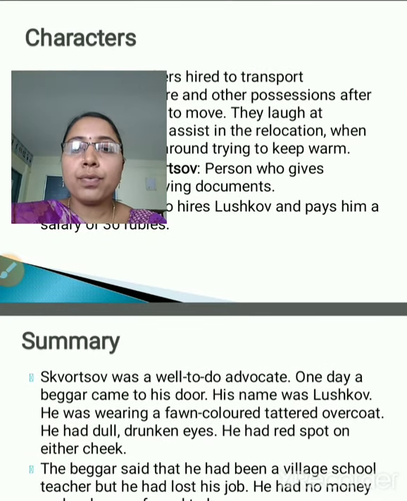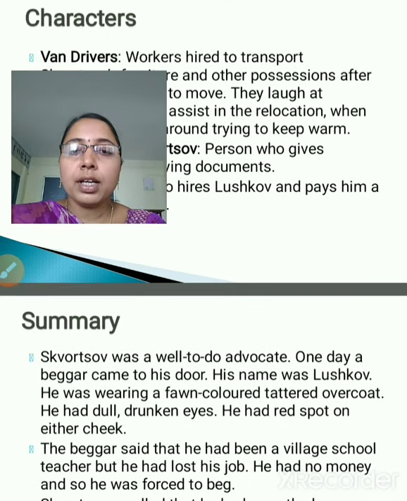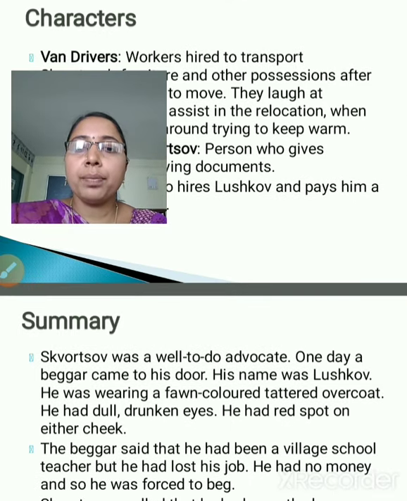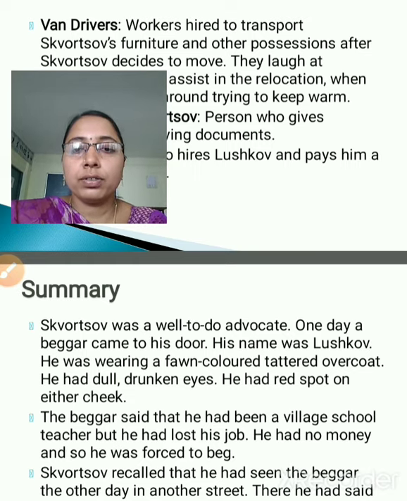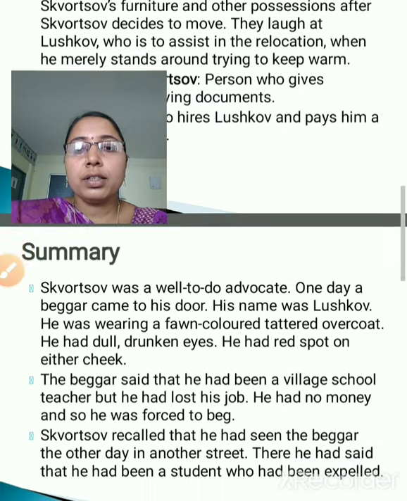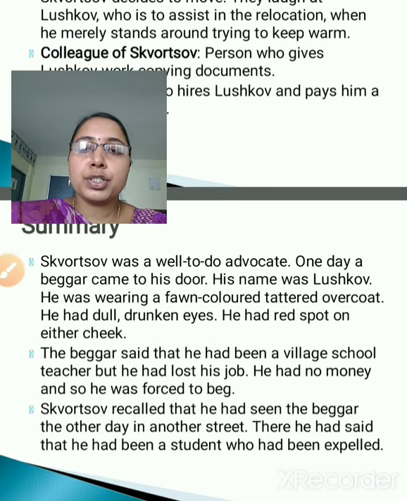Now, Skorstov was a well-to-do advocate. We are going through the summary now. One day, a beggar came to his door. His name is Lashkov. He was wearing a fawn-colored, tattered overcoat. He had dull, drunken eyes. He had a red spot on his cheeks, and the beggar said that he had been a village schoolteacher,